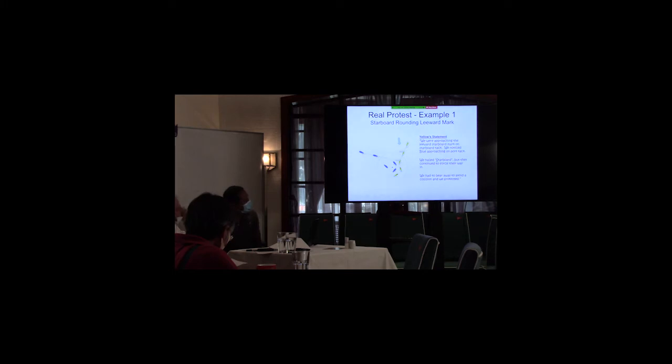We can see the yellow boat is on starboard tack, sailing downwind towards that mark. And we can see the blue boat is on port tack, on a different tack, and we remember that on opposite tacks sailing downwind, boats may be overlapped. Okay? Let's just read what the yellow boat said in this situation.